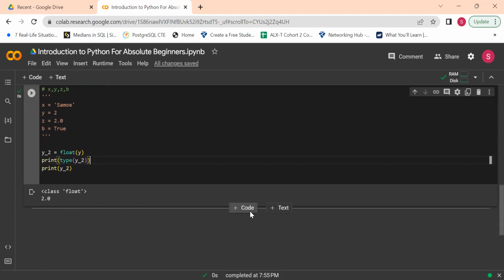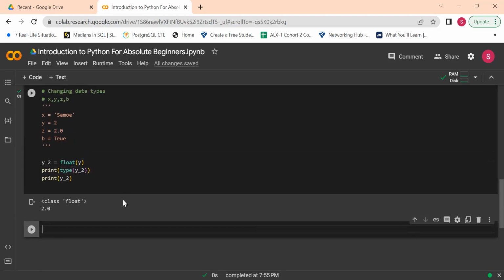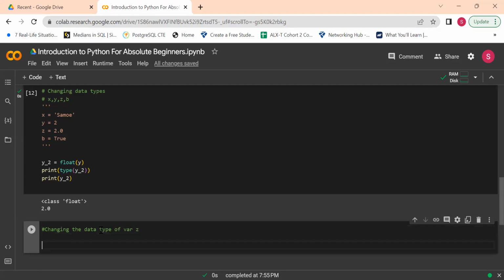So the next thing we're going to do is changing the data type of variable Z. So we're going to change it into a string. So z underscore 2 is equal to string